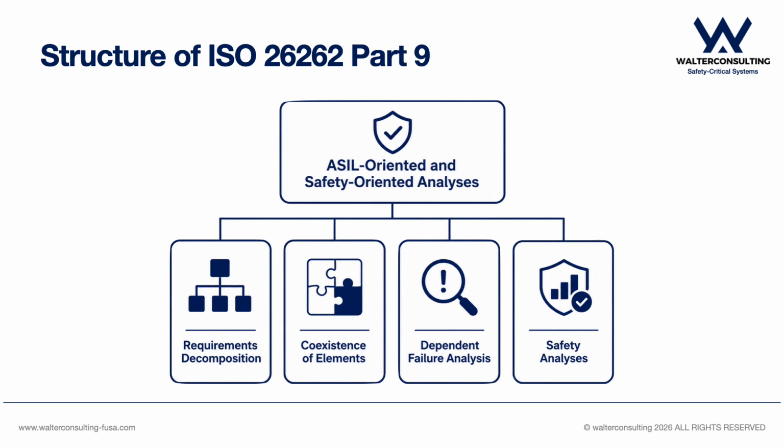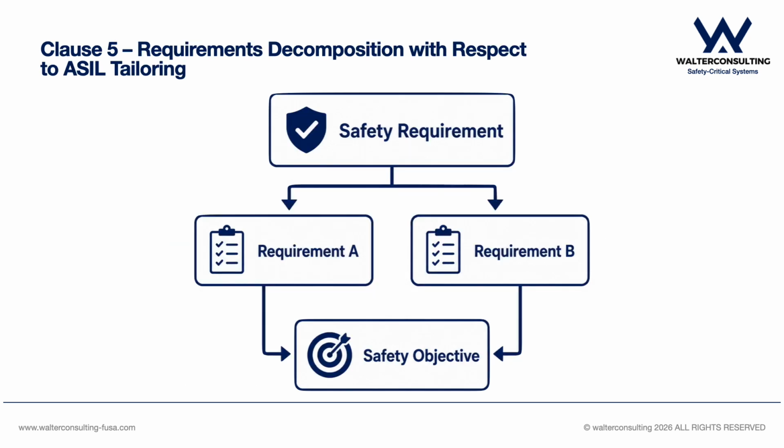Let's begin with requirements decomposition. One of the most widely discussed topics in Part 9 is requirements decomposition. Under appropriate conditions, certain safety requirements may be distributed across multiple architectural elements while maintaining the intended level of safety. This provides additional flexibility during system design. However, decomposition must be performed carefully and according to the requirements of the standard. The detailed rules behind ASIL decomposition deserve an entire dedicated video, so here we'll simply focus on its overall purpose